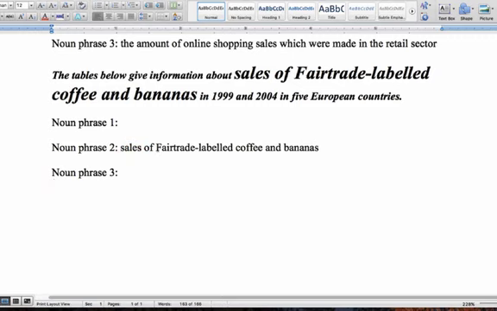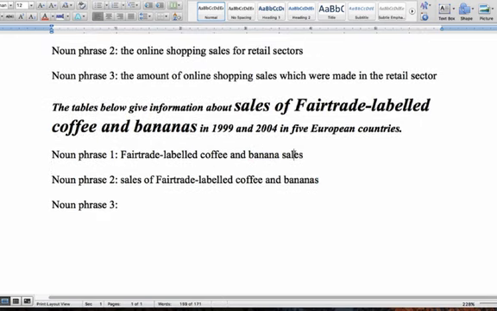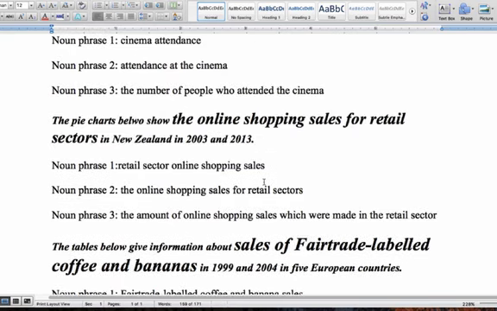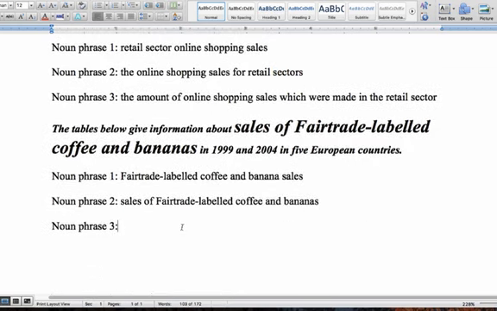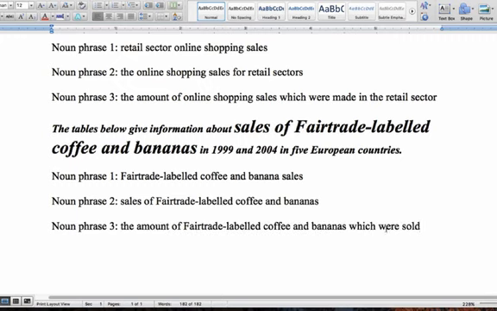Noun, preposition, noun phrase. So this becomes... I want to point out something very important. See, there's an S over here. There's no S over there. Because this is like an adjective, really. It's doing the job of an adjective. It's describing this. So drop that S. Same thing over here. Sectors. If it goes in the place of an adjective, you drop the S. Please notice that.